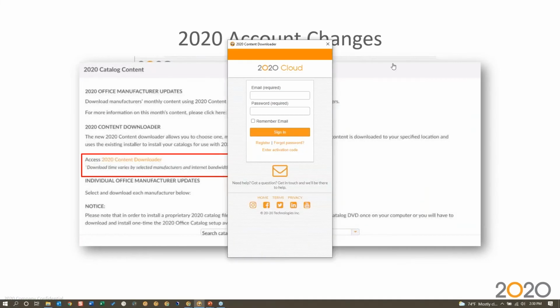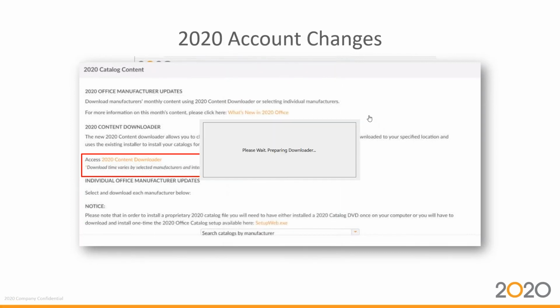So I'm going to switch gears here a minute. Just bear with me. One of the changes with the new downloader is that now you need to log in. So you will use the same login that you use today to get into your 2020 software. So I have a special login for this demo, and it didn't like that, bear with me a second. There we go. Once you sign in, then